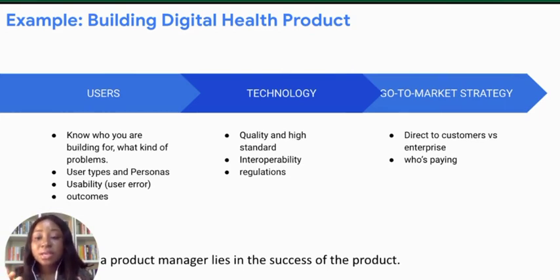Technology is very, very key in terms of quality and high standard. Make sure that the technology you're using is of quality and of high standard. Another thing is interoperability, which talks about the ability for your technology to be able to share information with another device, right?